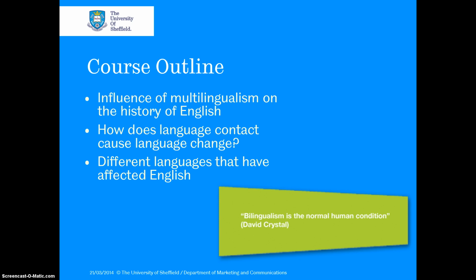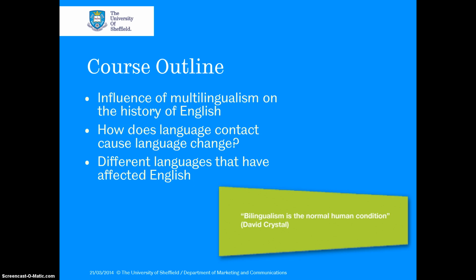After that brief survey, which occupies the first 3 or 4 weeks of the semester, we then move into a slightly more theoretical part of the course where we think about how language contact causes language change. The kinds of things we're thinking about here are second language acquisition. We're thinking about code switching, which is where a bilingual individual will move between different languages that they know in conversation. We're thinking about language shift, which is where whole populations which are bilingual abandon one of their languages and